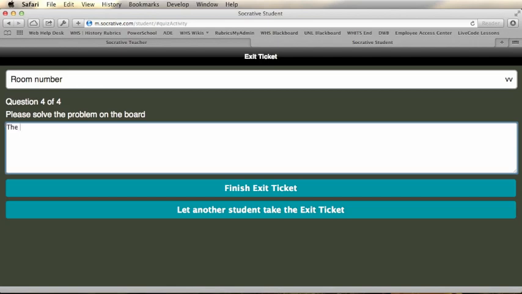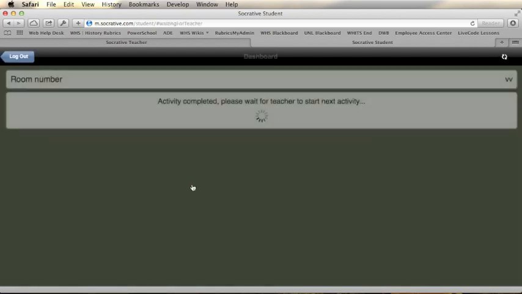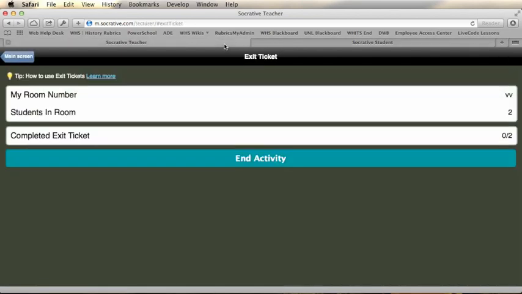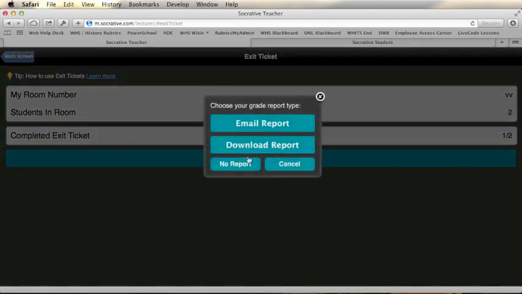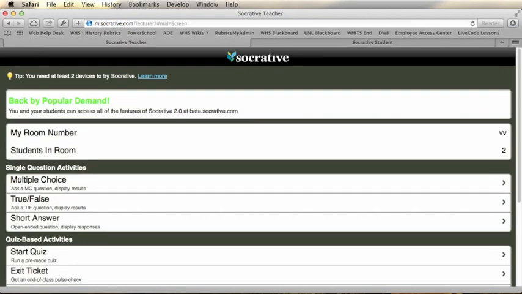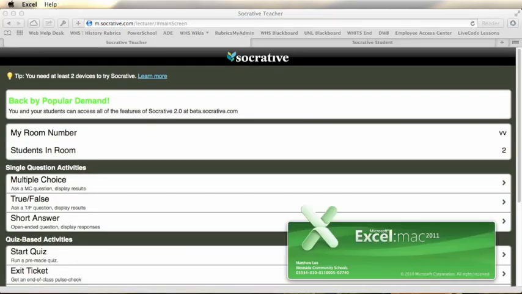So I can say, the answer to life's greatest question is 42. Then I'll click finish, and it will save. Now if I go back to my teacher's view, in a second here it'll update. It'll indicate that 1 out of the 2 people have completed that quiz. I will click end activity, and then it'll give me the option of emailing or downloading the report or no report. I'm going to go ahead and click download that report, and when I open it up it'll be a Microsoft Excel file,